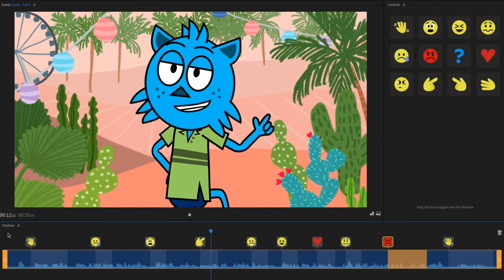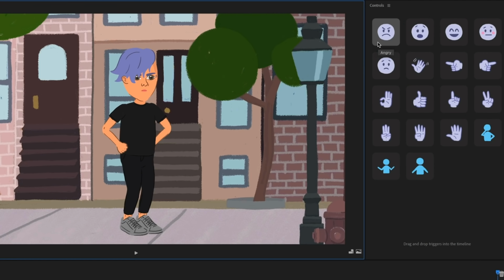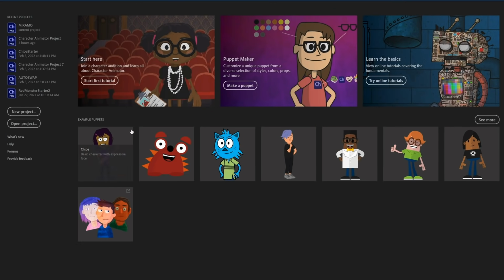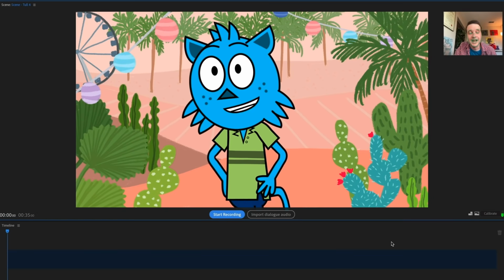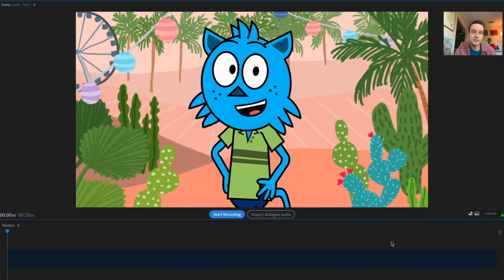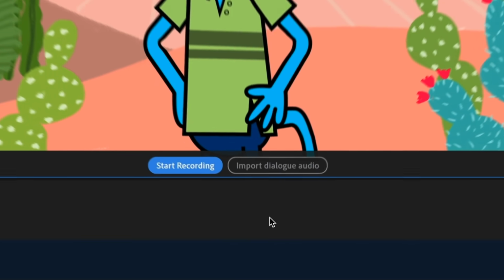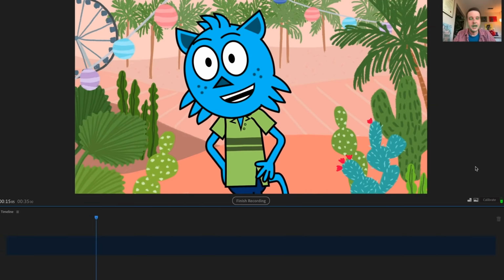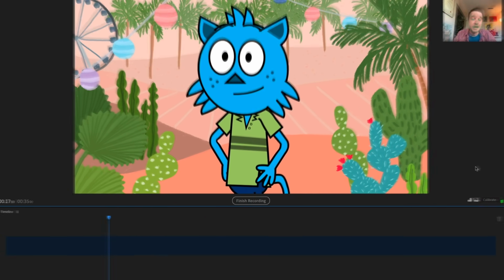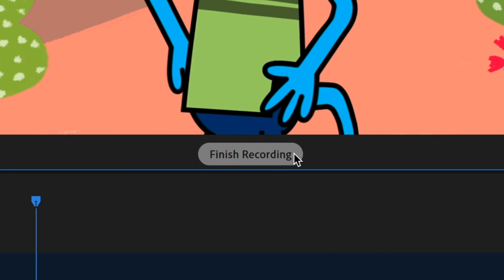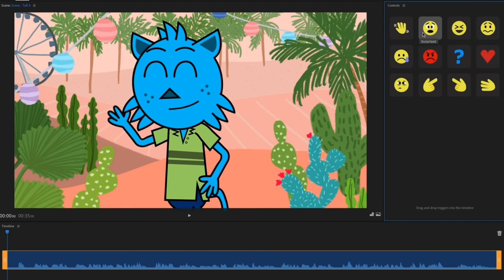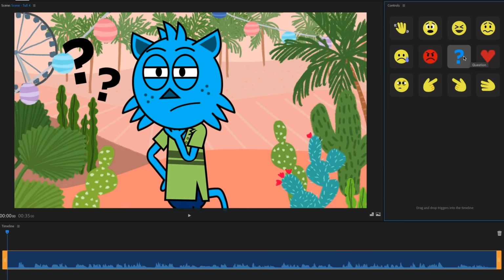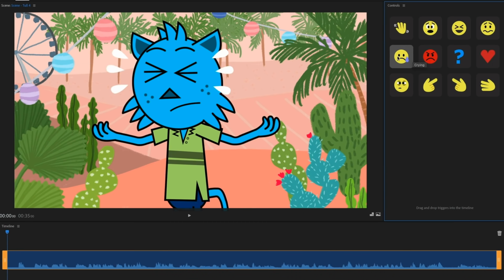Starter mode in Adobe Character Animator is a streamlined workflow enabling you to quickly create your own animations. Select a character from the home screen or import your own. You'll immediately see your character reacting to your face and voice in real time. You can start recording right away or import pre-recorded audio to perform against. Once you're ready, you can start recording your performance. And when you're done, click the Finish Recording button. Now you can preview additional actions and emotions your character can have simply by hovering over them, giving a quick sense of your character's further animated possibilities.